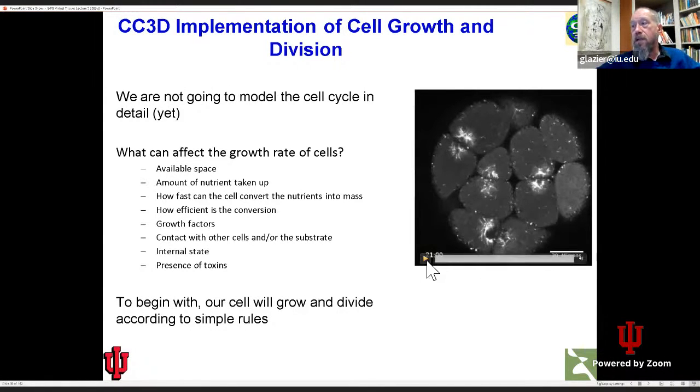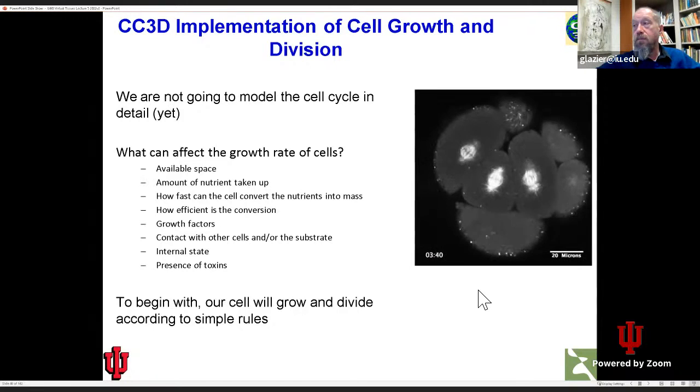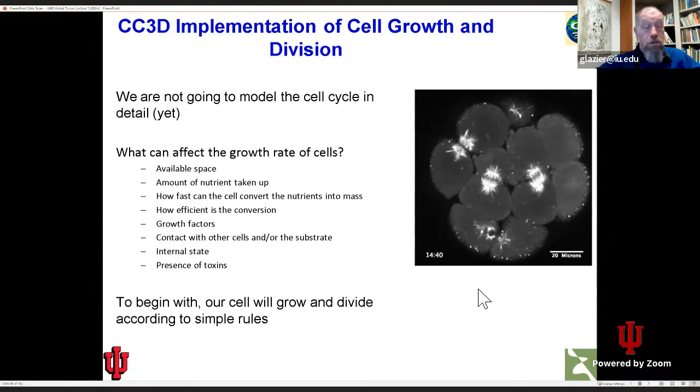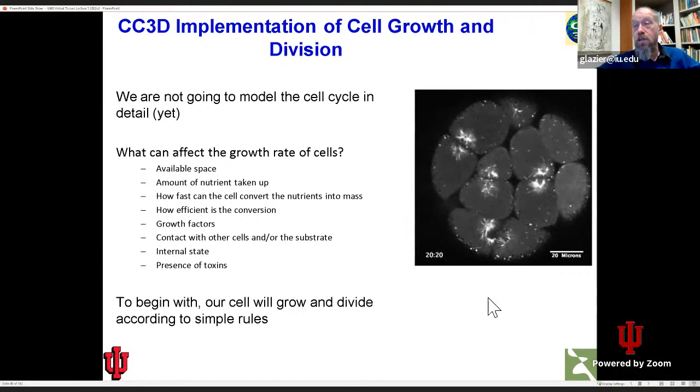Again, the rates of both cell growth and cell division depend on all sorts of things. We've mentioned how much nutrient the cell can absorb. If it doesn't have material to build with and energy to build with, it can't grow. How fast the cell can convert that nutrient into new mass, which is slightly different from the rate at which it can take it up. The efficiency of that conversion, the presence of specific growth factors or growth inhibitors,